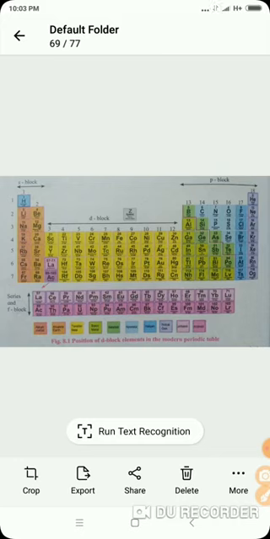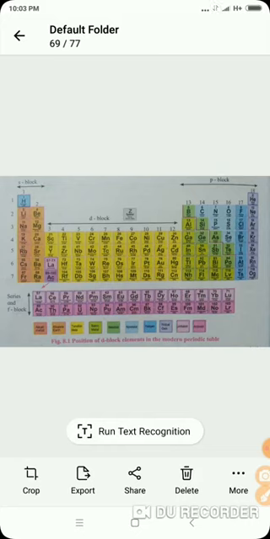So when a magnetic field is applied on a substance and the substance is strongly attracted towards the applied magnetic field, then the substance is called ferromagnetic, and this is ferromagnetism. When the substances are attracted towards the applied magnetic field, it is called paramagnetism. And when the substance repels the applied magnetic field, it is called diamagnetism.